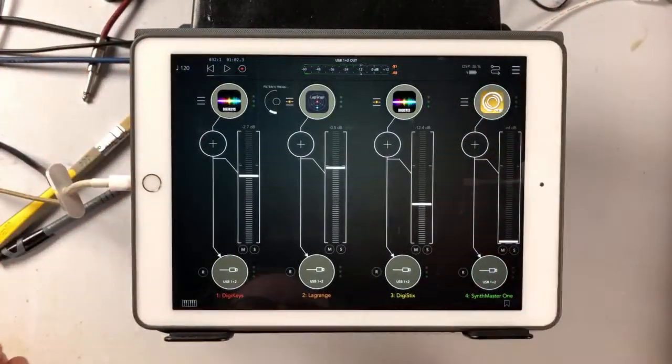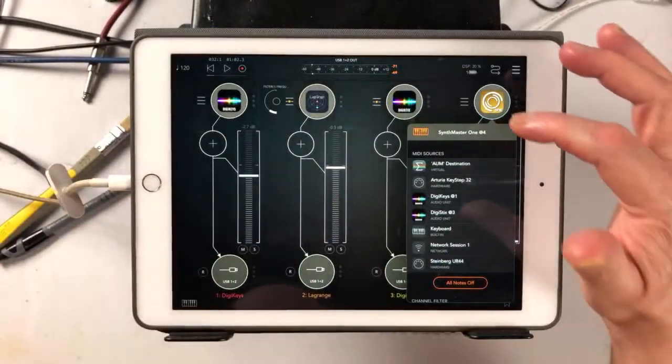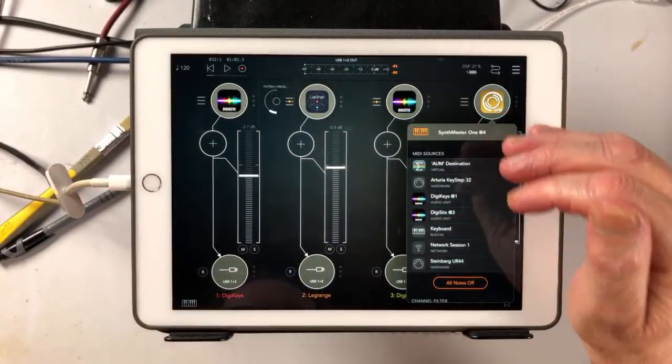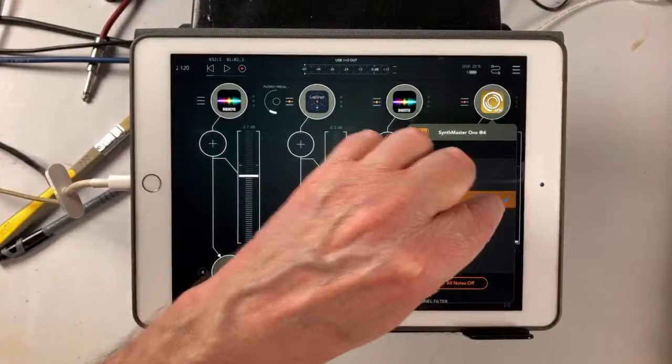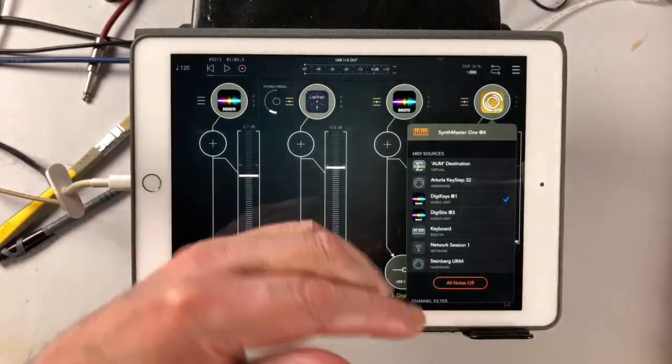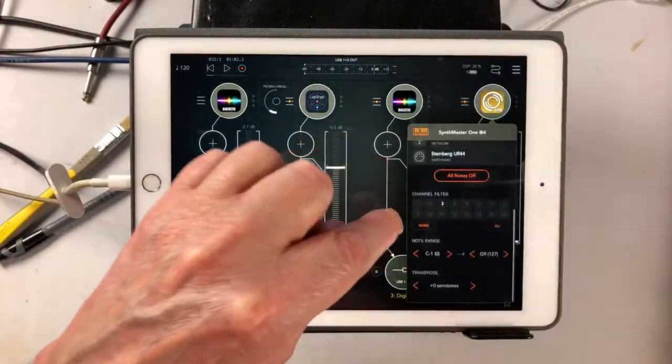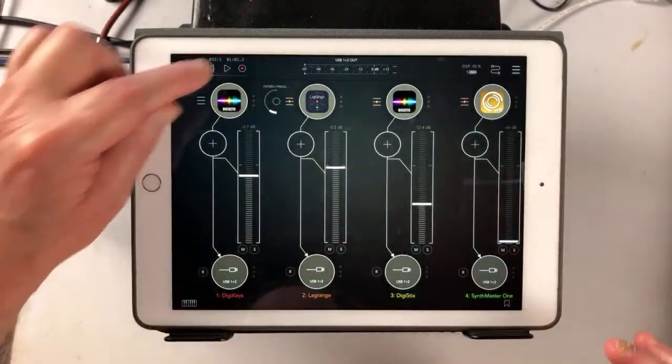Now all I need to do is route Synthmaster 1 to DigiKeys, and we do that by doing that. So we've set our channel to 3 here, and now we should be able to